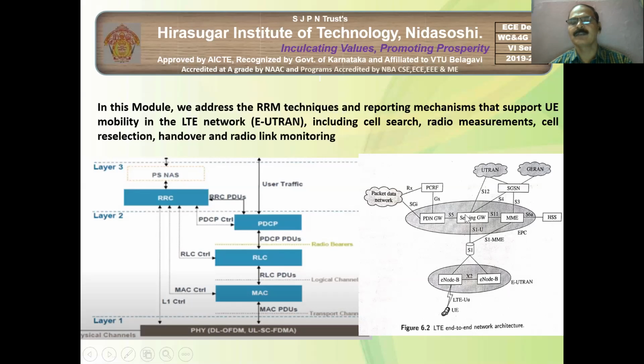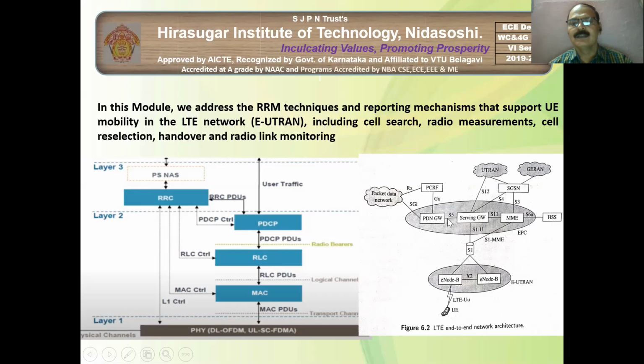The second part: after the connection is established, data will come through the packet network, and the PCRF will charge according to how many packets come. It may be internet or whatever you are talking, because LTE is a packet data network. So all voice is transmitted through packets only. This is what we studied.